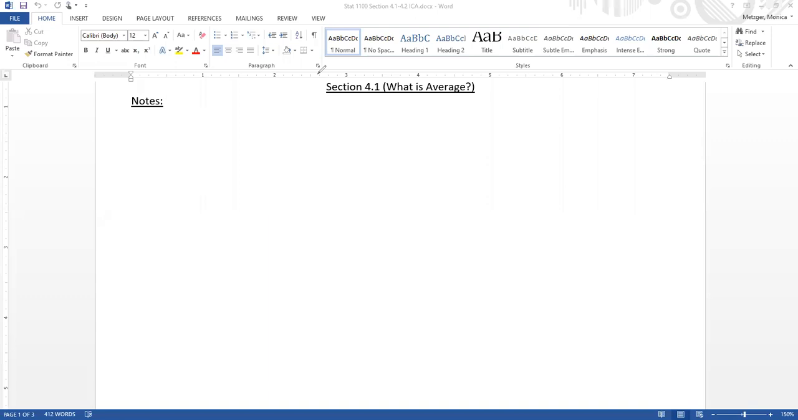If we're talking about the mean, this is the one that people most often think about if you hear the word average. This is going to be the average, or the arithmetic average, of quantitative data. What we're doing here is taking the sum of all the data values